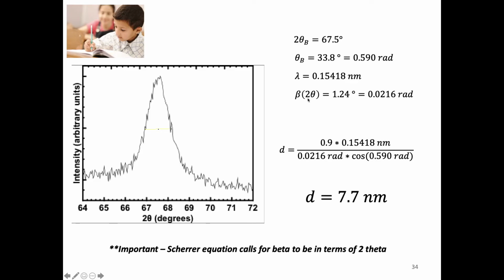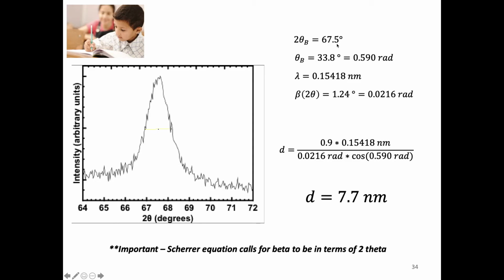But again, I'm keeping it in terms of 2 theta because that's something that we're measuring here. All right, so the other things that we have in this, the wavelength, I've left that in nanometers. We have the 0.9, so the constant. And then the other part, we have to have the Bragg angle. So there I've got the center location, so I can also use MSJ or some tool to get that. So in terms of 2 theta, I got